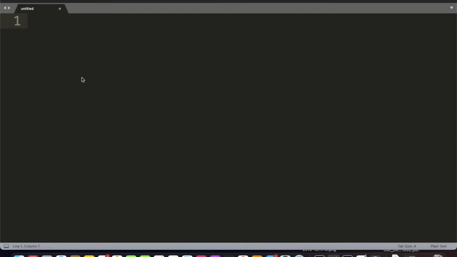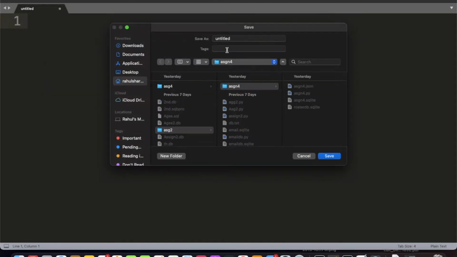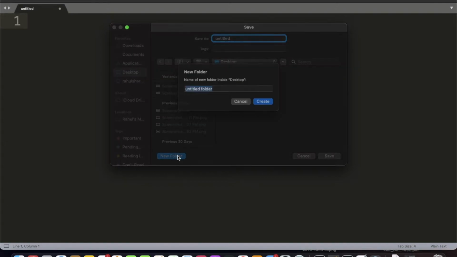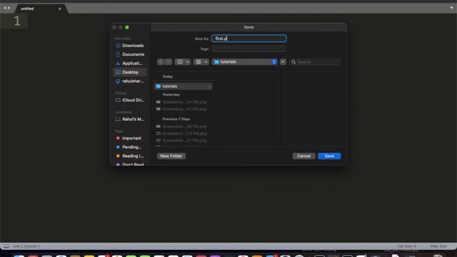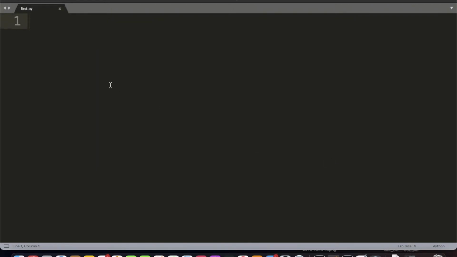So this is the Sublime editor. First of all I'm saving the file with .py extension. I'll create a new folder, and on the desktop I'll save everything. .py is the extension for this. Hash is used for commenting the line.